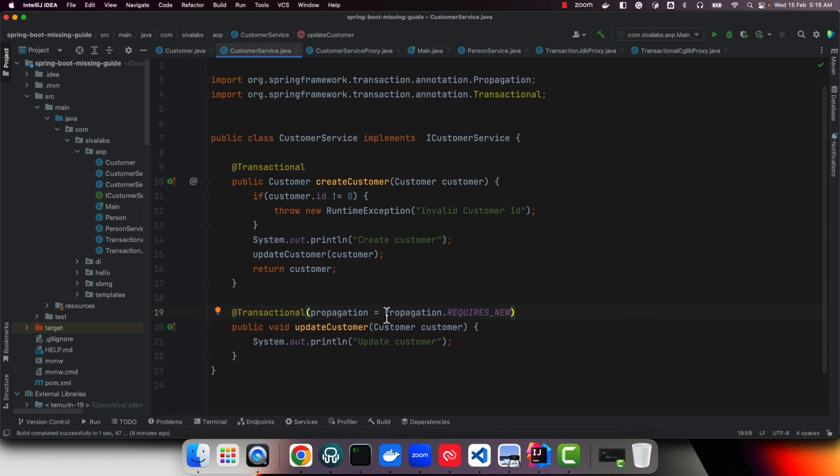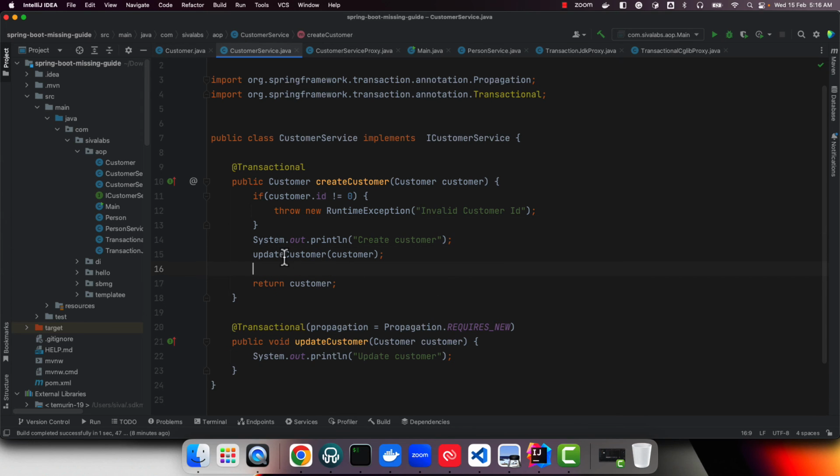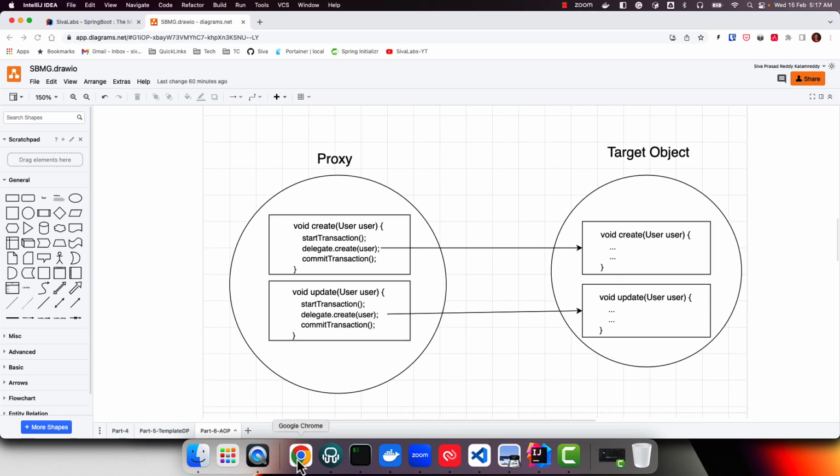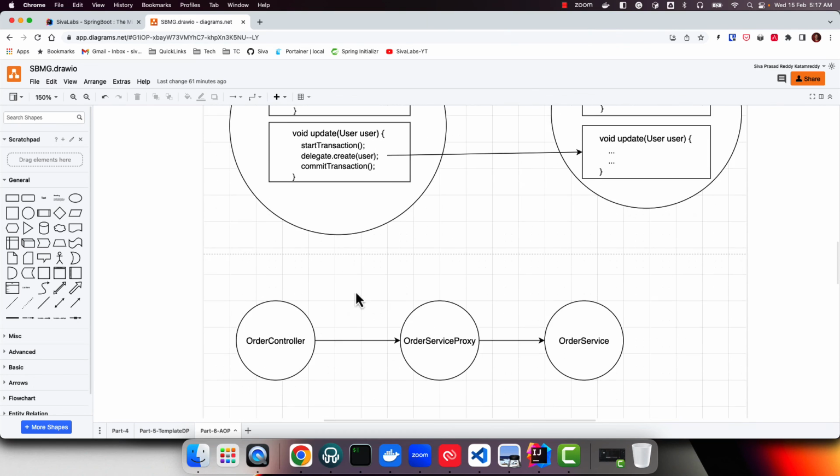It's going to start a new transaction and then execute this logic, and if this successfully completed this update customer logic, it's going to commit the transaction and then come back, and if there is any failure in this method after this method call, only the changes in this create customer after this update customer will be rolled back. No, that's not how it works,